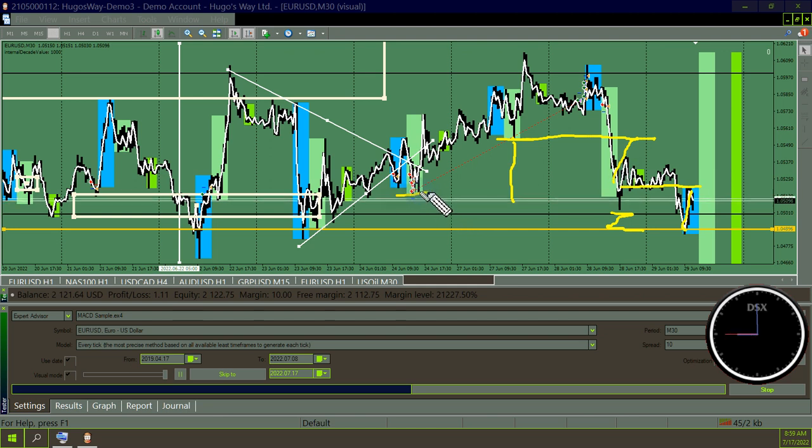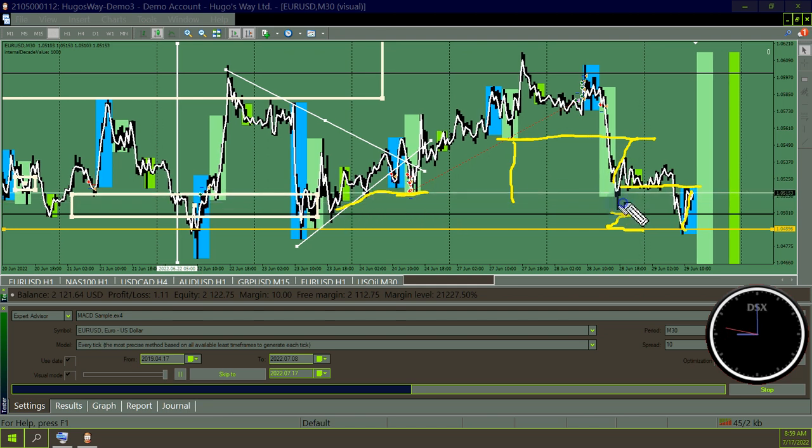You had to take this trade, that wick to here, right? So you had to realize that this deep vacuum is going to get crushed. The deeper the vacuum, the harder the crush. Now we're trying to take out the high of the day. We're trying to auction